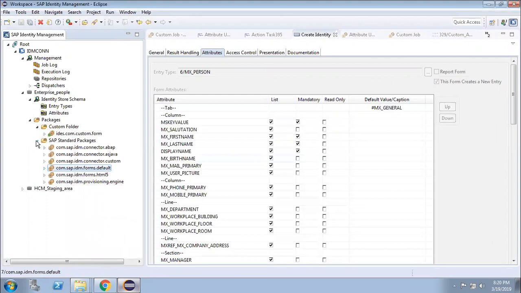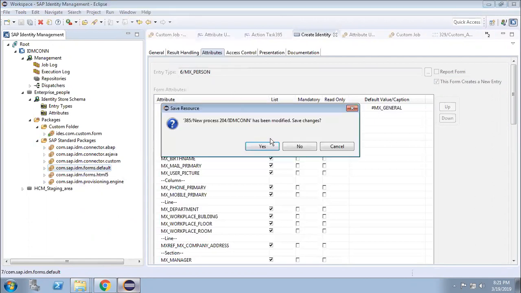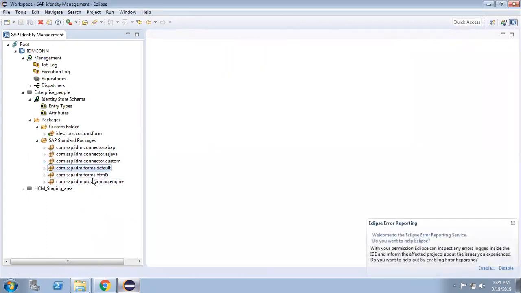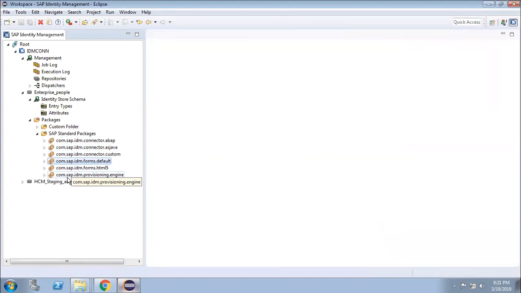Okay, sure. So for the standard one, let me close all the things on the right side. For the standard one, we have to import the standard packages. I'm not sure whether you were in the class, but there is an import sequence as well. Yes, I was there in those classes. Okay, so the import sequence was there.